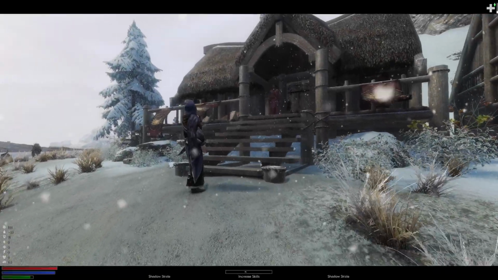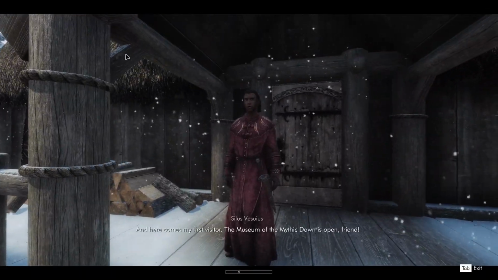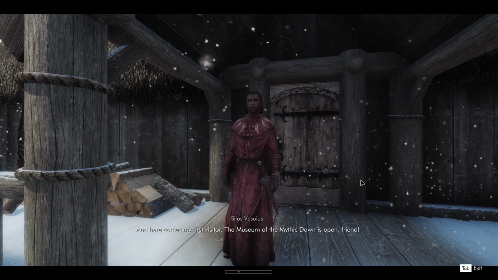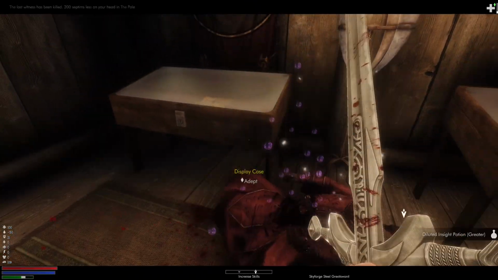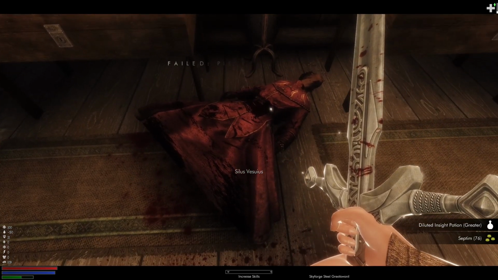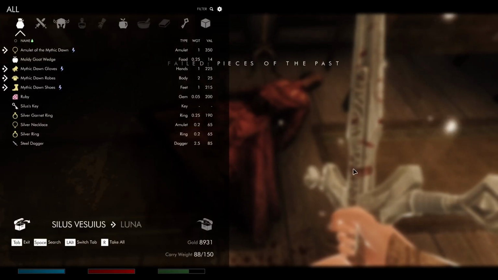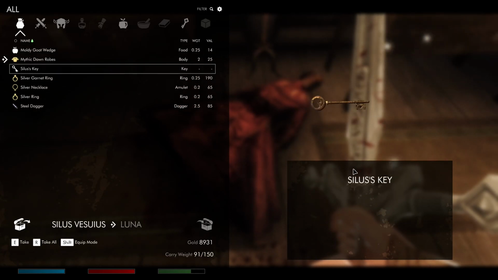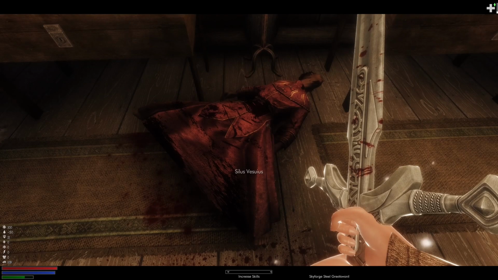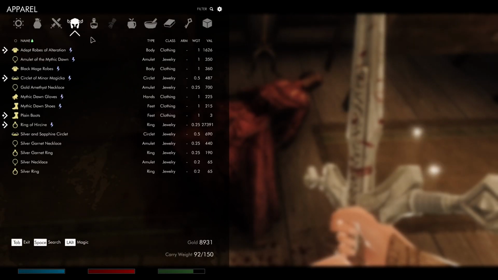This is a good time to go pay a visit to a certain museum we've been invited to. First visitor. What? You're gonna bring a random murderer to your house? What did you expect? Now the reason we're doing this is that his gloves and boots give you more magicka regen, and his amulet reduces the cost of all your spells when you have full magicka, which are all really